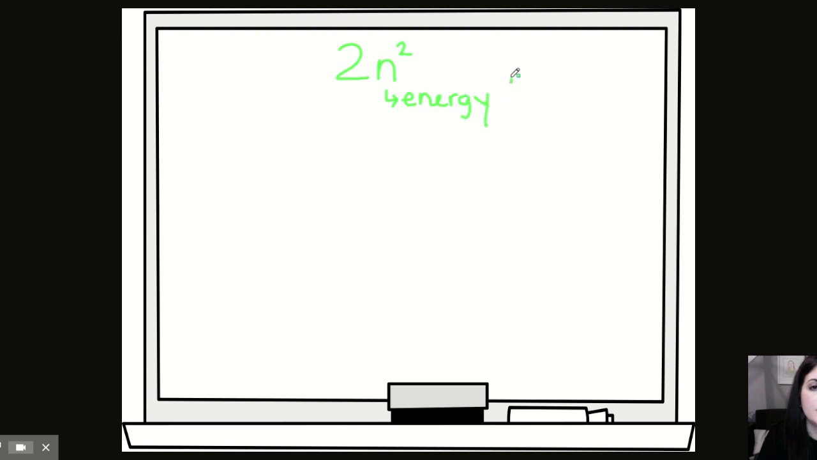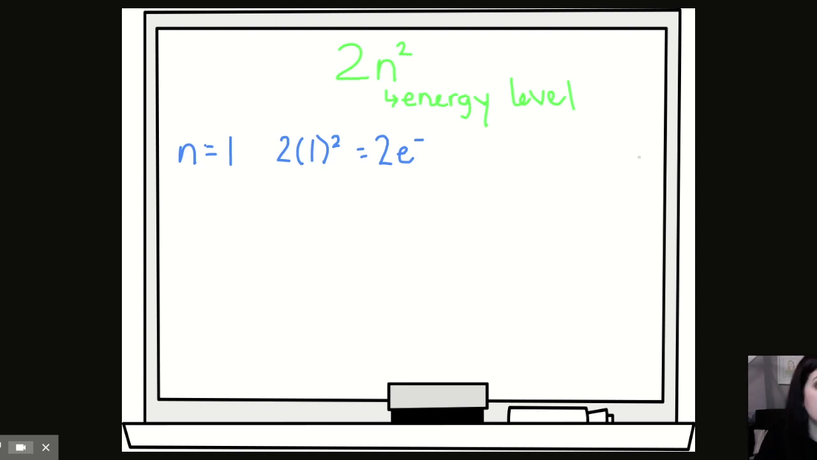Energy level. So let's say I have the first energy level, so n equals 1. This would be the energy level that's closest to the nucleus. I'm going to plug 1 in for n in my equation. So 2 times 1 squared. 1 squared is 1, times 2 is 2. That means the first energy shell can hold a maximum of 2 electrons, which you'll see in every single picture,